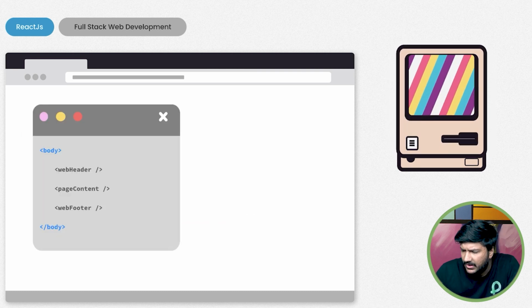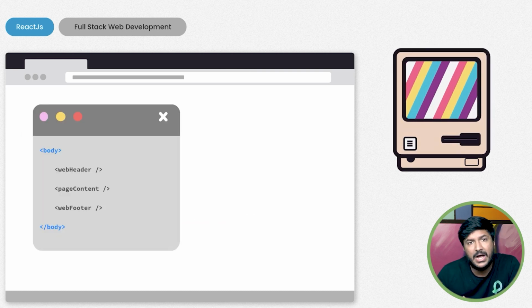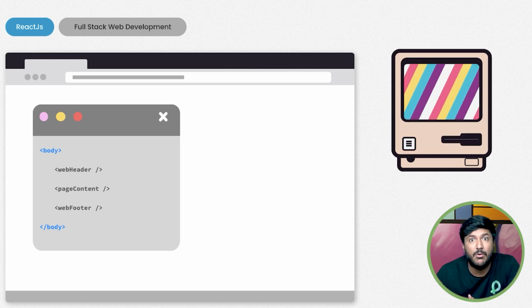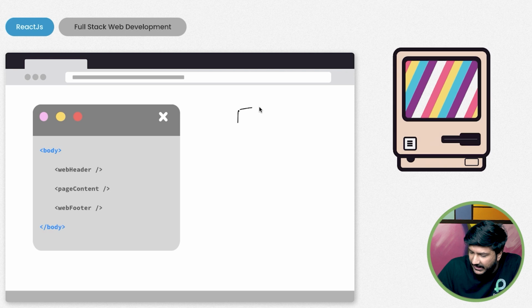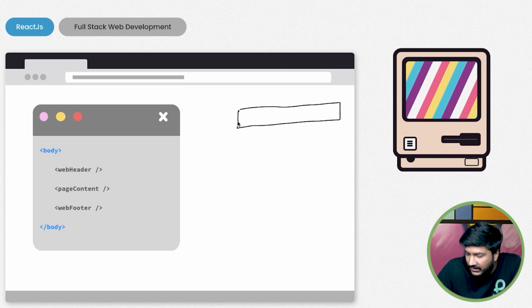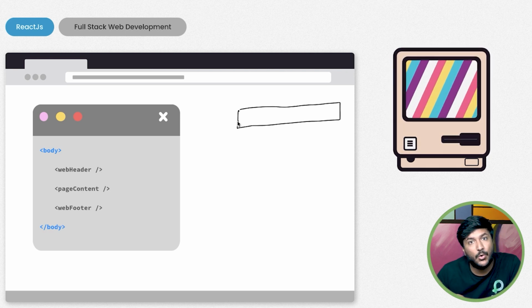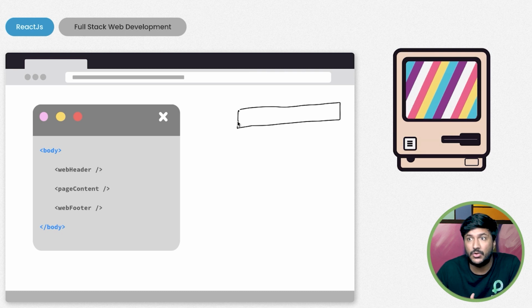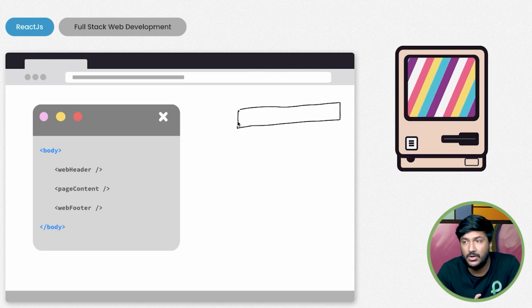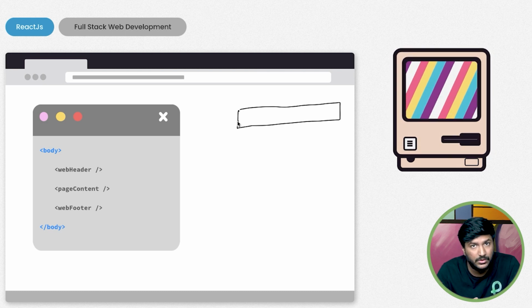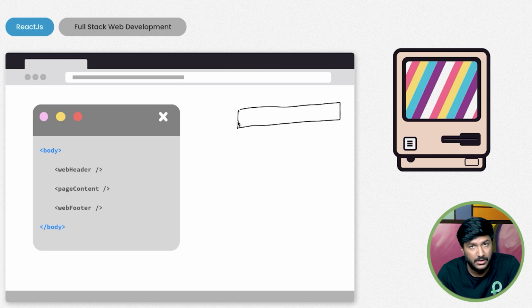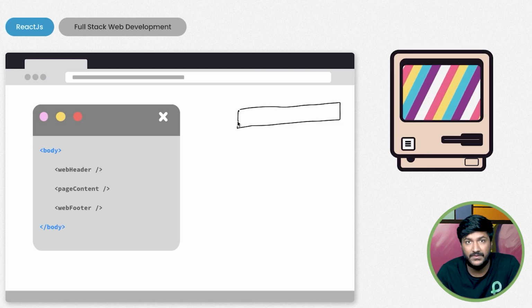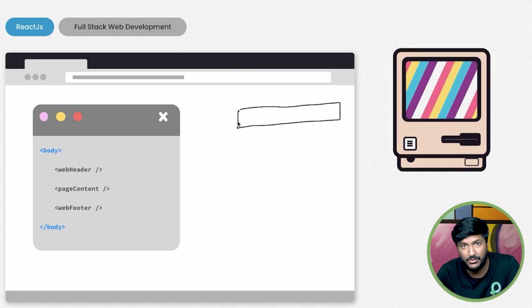If you look here, earlier also I was saying, earlier you had this whole website, but there are some components which are reusable. For example, if you visit any website, the top menu is always the same. If you visit prepinstar.com, on the top you'll always see a logo, navigation for companies, logout, login, sign up, your profile, and so on.